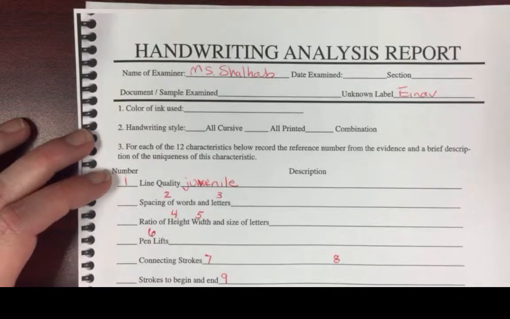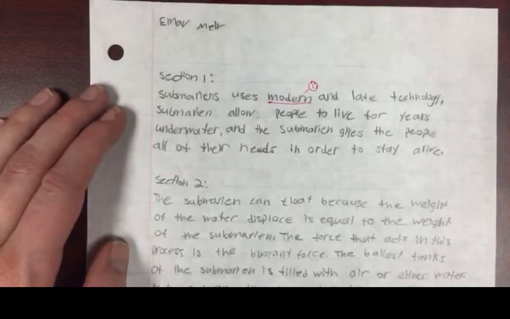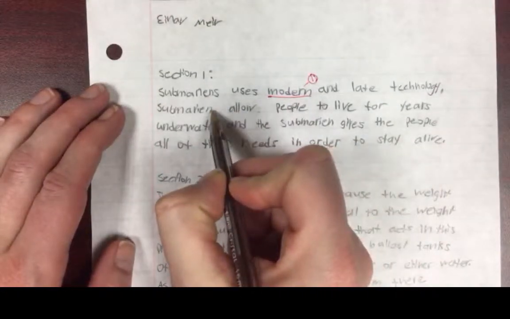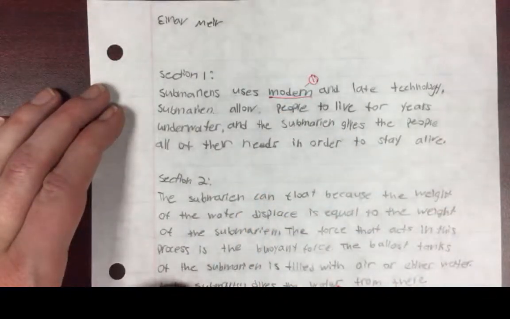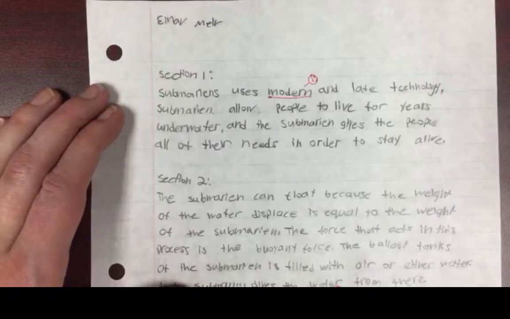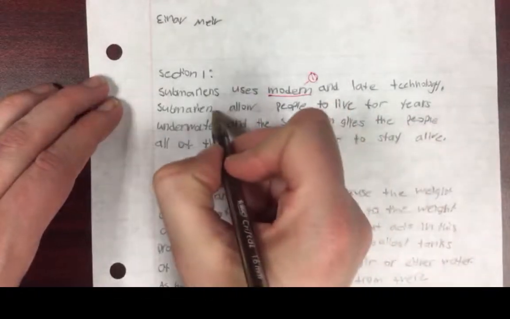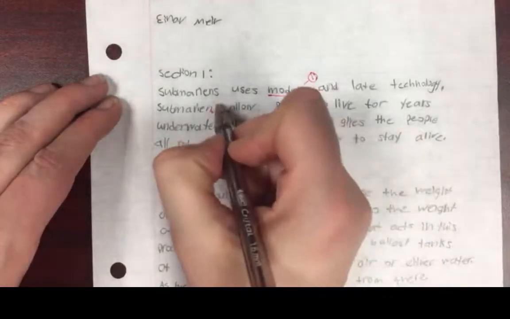Next, we're going to be moving on to spacing of words and letters. For spacing of words and letters, you're actually going to be using a ruler. You're going to measure the space between words, and you're going to measure the space between letters. Some people have a lot of space in between letters and some people don't. So again, 3 times throughout the paper, find 3 spaces that are pretty consistent, and mark them as number 2